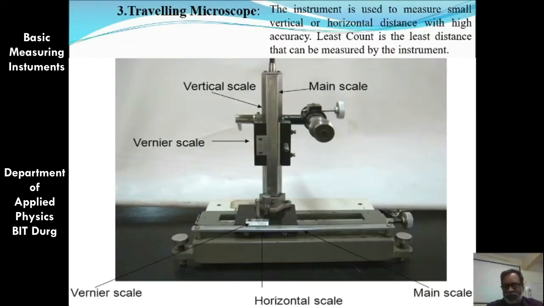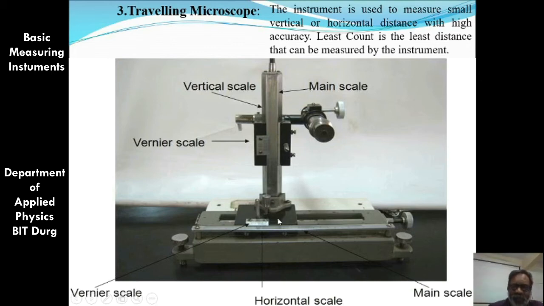Now we come to certain instruments which use the vernier scale. So all the time you are not going to find the same vernier calipers which you have seen in your previous classes or which we have shown in the diagram. Here is another instrument which is used in the physics lab. It is also using a vernier scale or vernier calipers. Here you can see this is the long scale. This long scale is basically the main scale, the horizontal main scale, and this small part is the vernier scale. Here we are going to get the vernier divisions, and this is the scale which will be calibrated in millimeter or even fraction of millimeter.